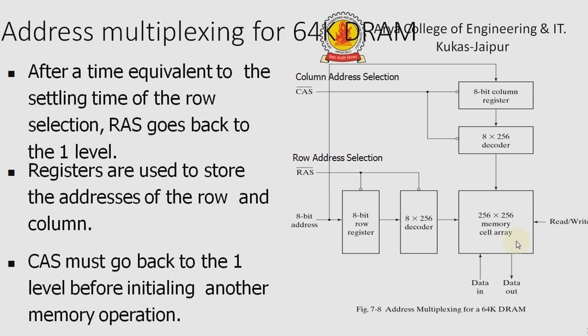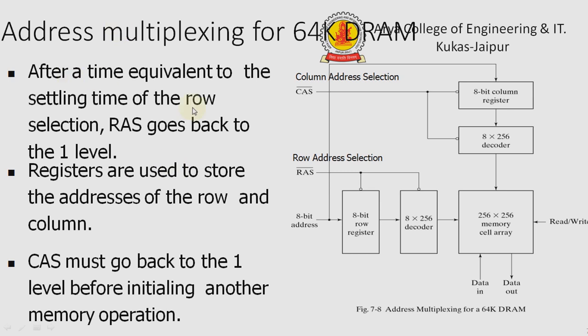In this, the latches are included for enabling the row and column addresses into their respective registers. The row address strobe, known as RAS, enables the 8-bit row register, and the column address strobe, that is CAS, enables the 8-bit column register. The bar on top of the name of the strobe symbol indicates the registers are enabled at the zero level of the signal.